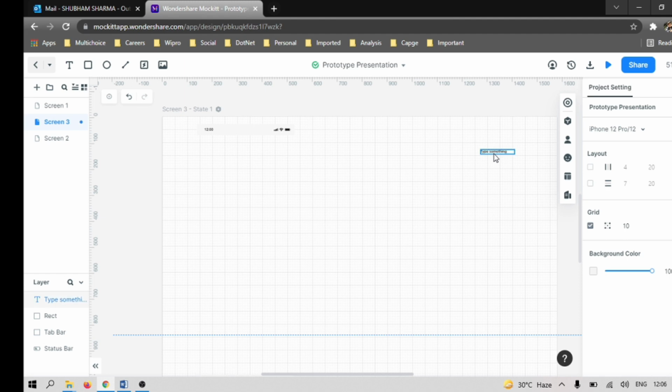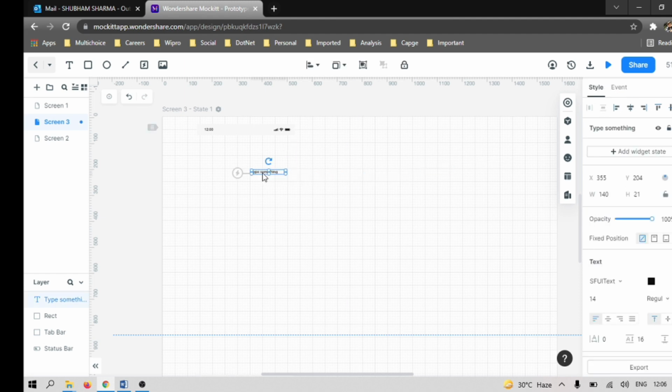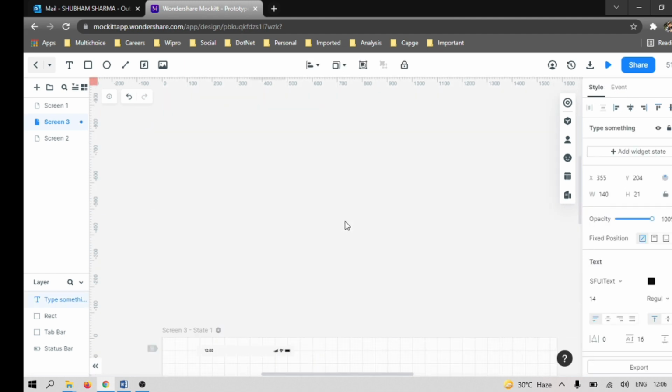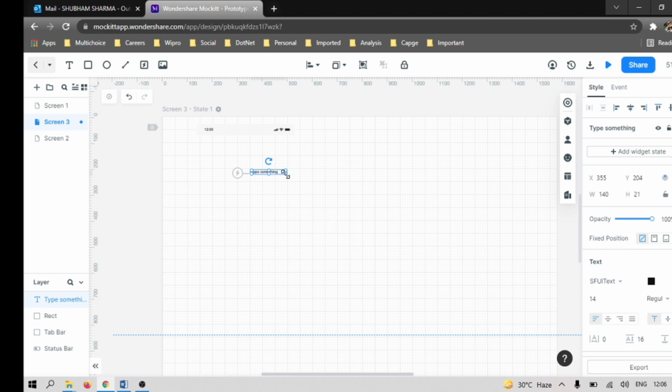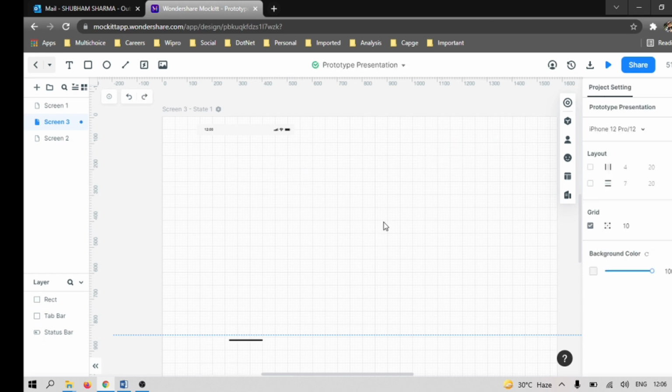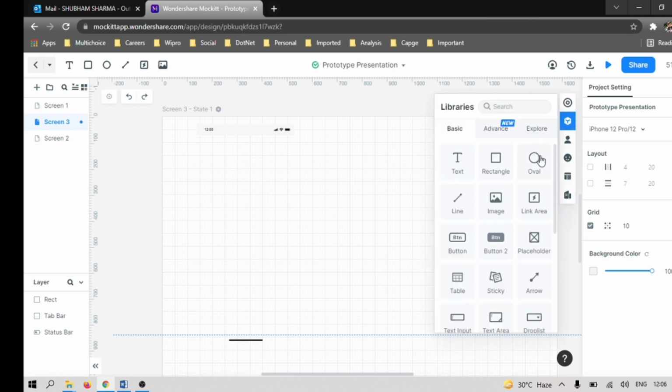We are working on the text box here, but where is that box? The box is not there, so you can also do Control Z. Control Z will allow you to undo the changes.